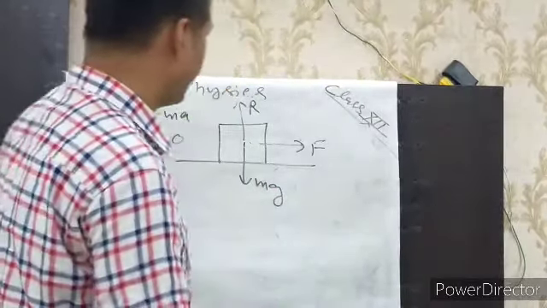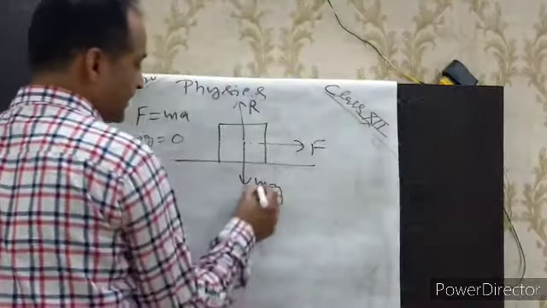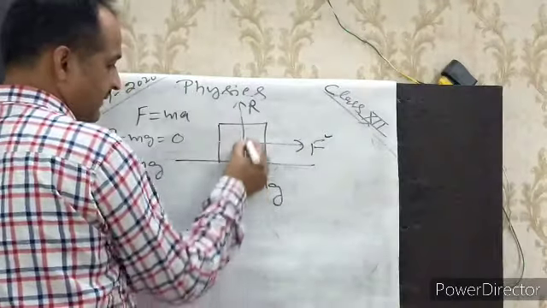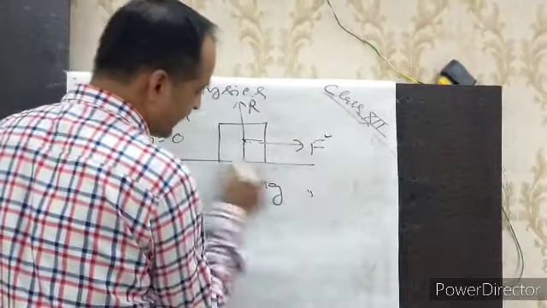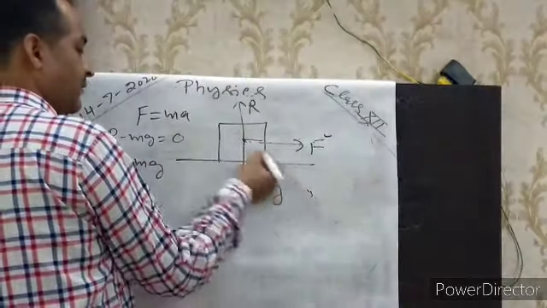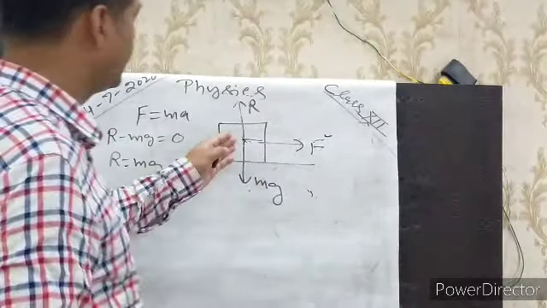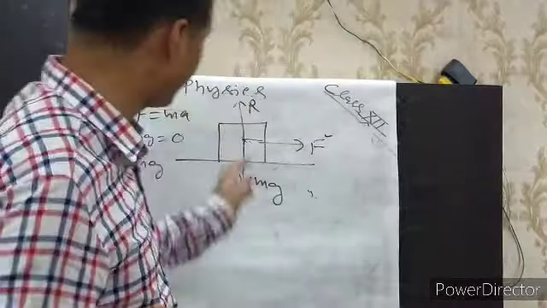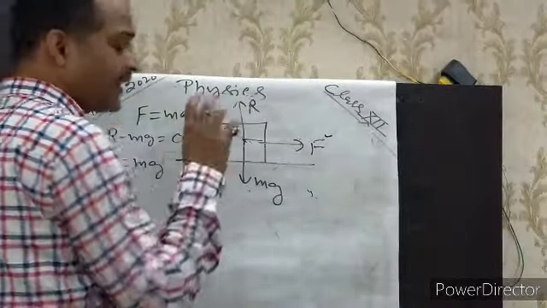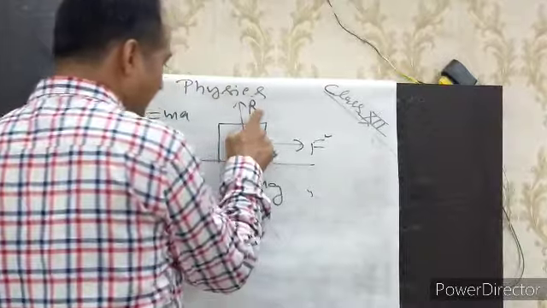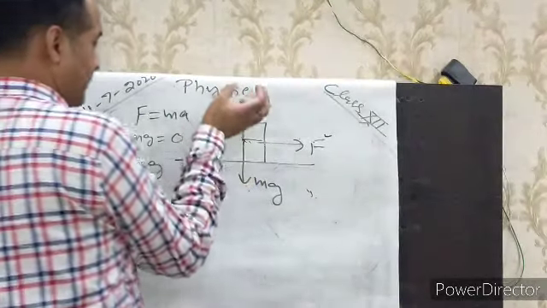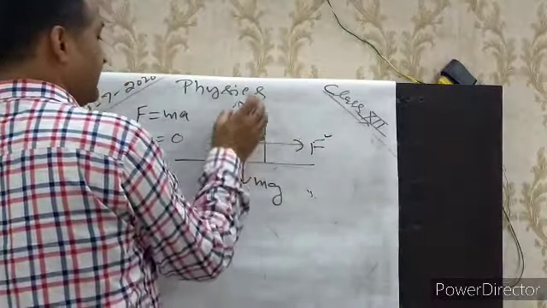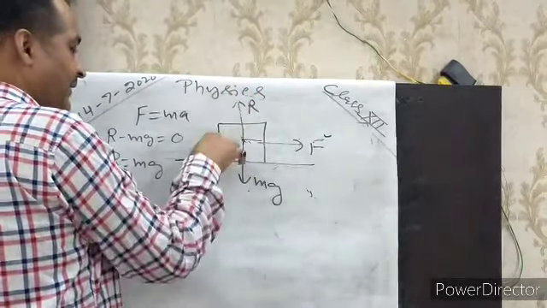Is it clear? So when you apply force in this direction, this force F and this force mg, the resultant of these two forces will come in this direction. Is it clear? Then there must be a force in the opposite direction. How will we get the force in the opposite direction? Actually, what I have told you is that this R is a friend of this table. If it does not want to move, then it will help it. How will it help it?